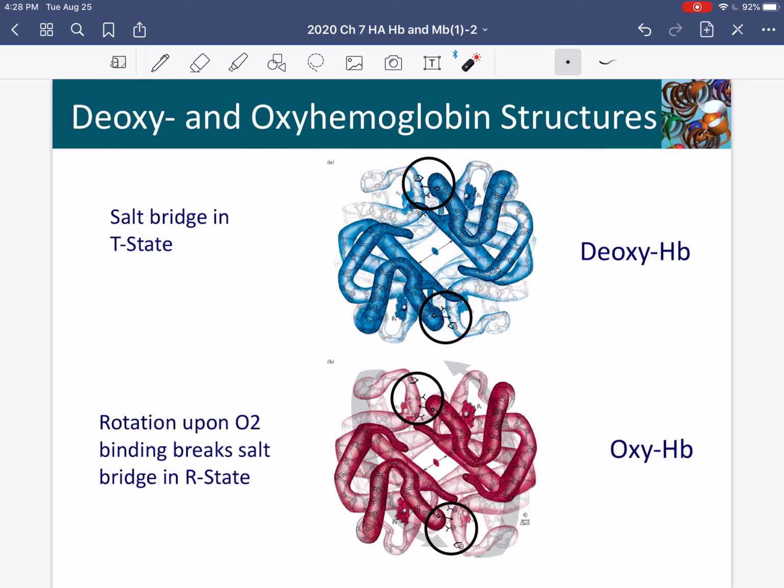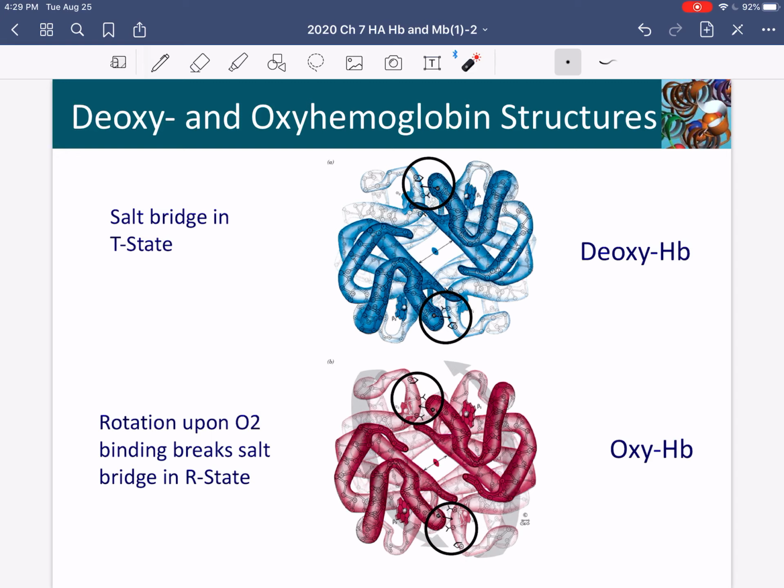Now, it turns out that, here's another Irving Geis, hemoglobin has the same structure in each of its individual subunits as myoglobin. So we've zoomed out a bit, and now we're looking at the tetramer. So the hemoglobin, remember, has 4 polypeptide chains, 2 beta hemoglobin chains and 2 alpha hemoglobin chains. And that means that it is a heterotetramer. And up at the top, you're looking at the heterotetramer in the deoxy state, and at the bottom, you're looking at it in the oxy state.